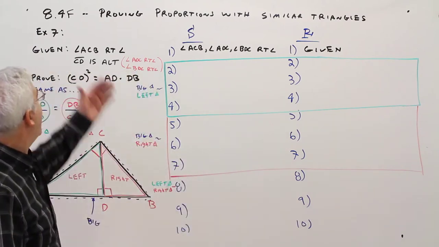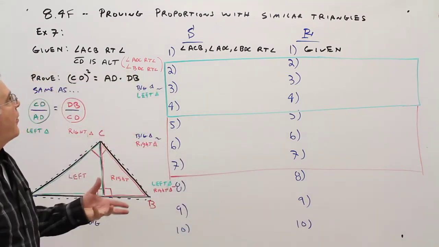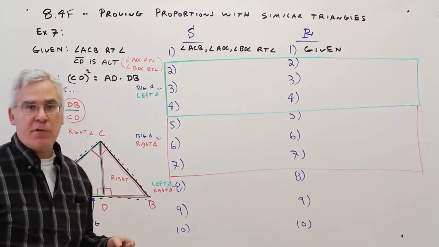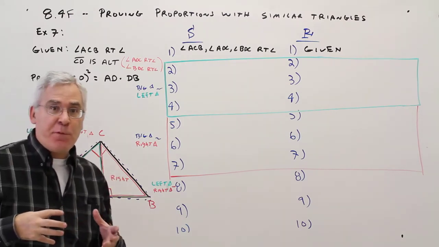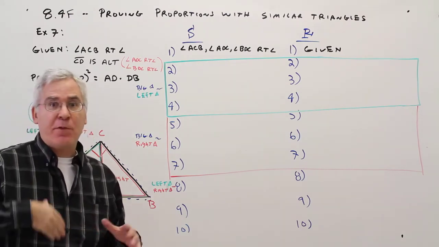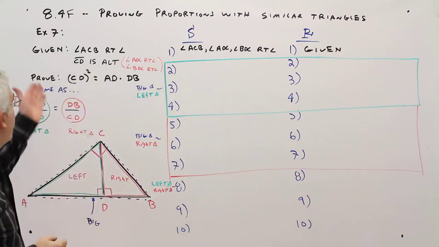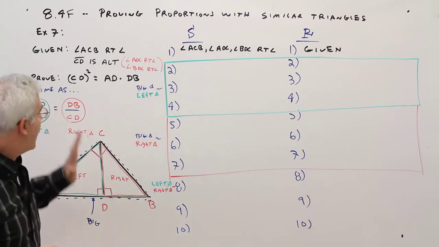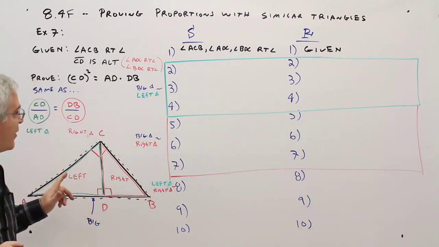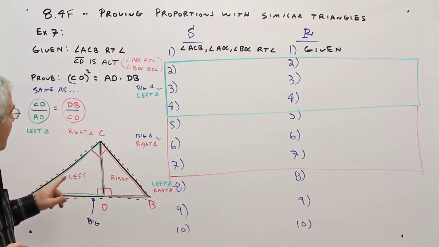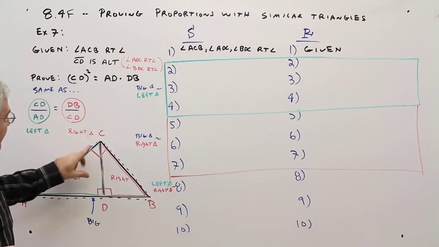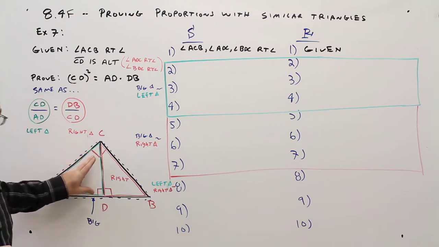Welcome to video 8.4f, another proof involving proportions with similar triangles. This proof will actually help form the basis for the altitude to hypotenuse theorems in chapter 9. So here's example 7. Given that triangle ACB is a right angle and that CD is the altitude to the